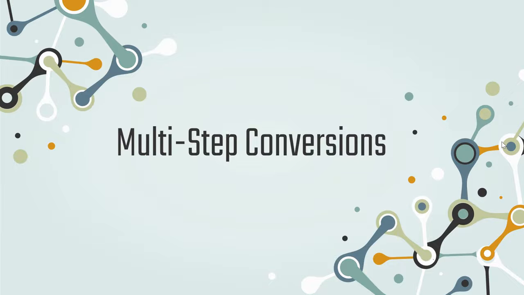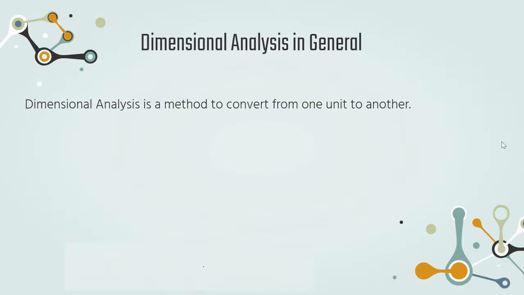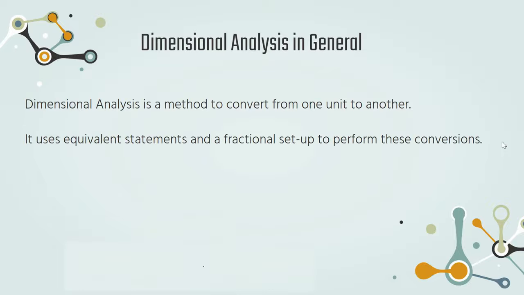In this video, I'm going to go over multi-step conversions with respect to mole conversions in chemistry. But first, let's take a look at dimensional analysis in general. Dimensional analysis is a method that we're going to use in science at large to convert from one unit into a different unit. And we're going to do this using equivalent statements, or equivalence statements, and this fractional setup to